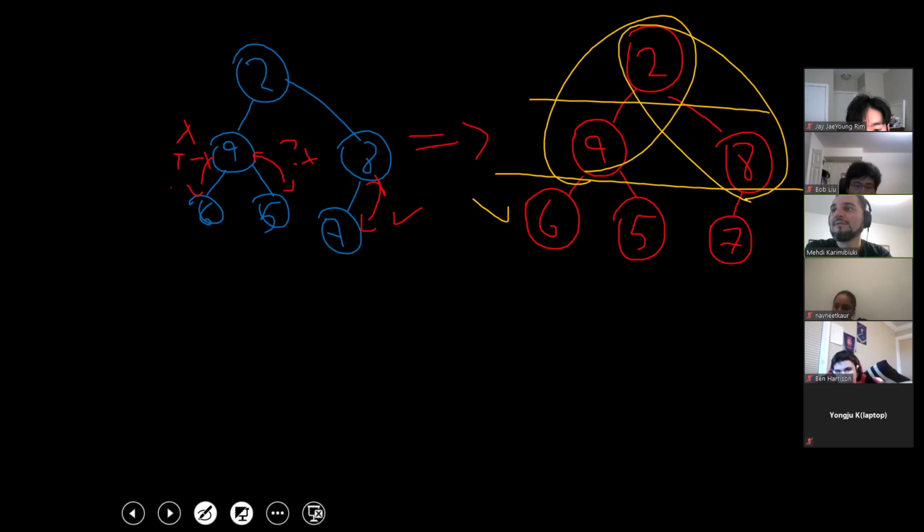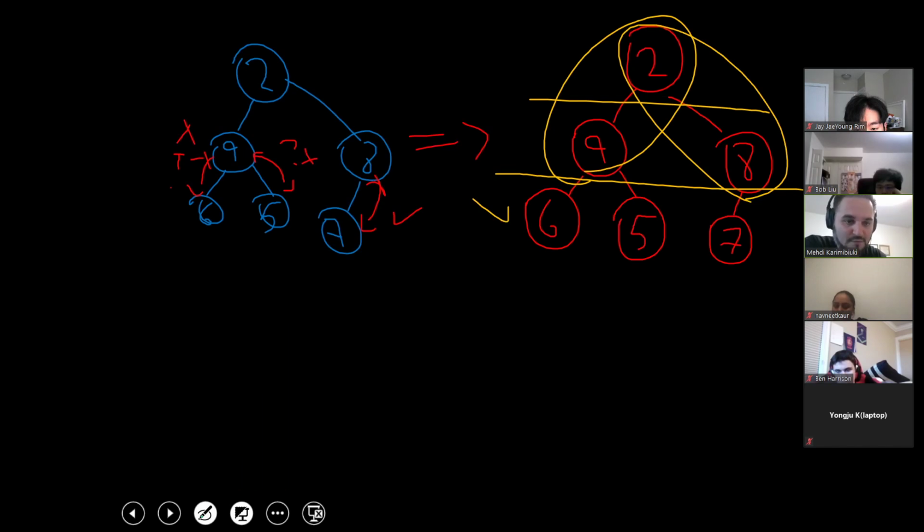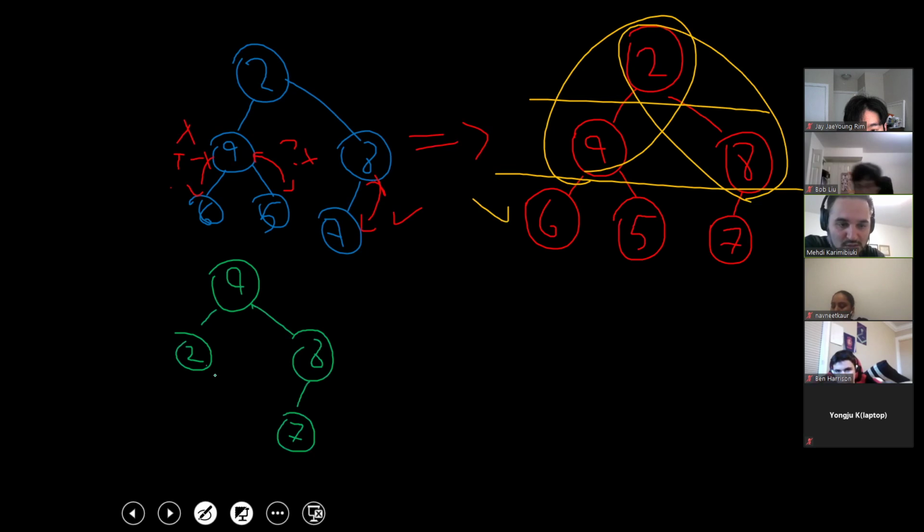You guys see my handwriting? Yes. Okay. So we're gonna go to comparison between the next level of the parent, the root parent, and the children 9 and 8. And so when it comes here to swap 2 with 9 or 8, we have to pick the biggest one. And in this example, we have to swap 9. So 9 comes here, 2 goes here, 8 stays, 7 was as it was. You know, we had 6 and 5,